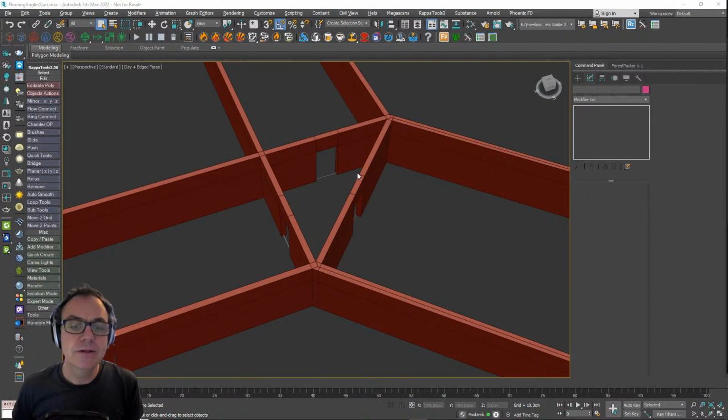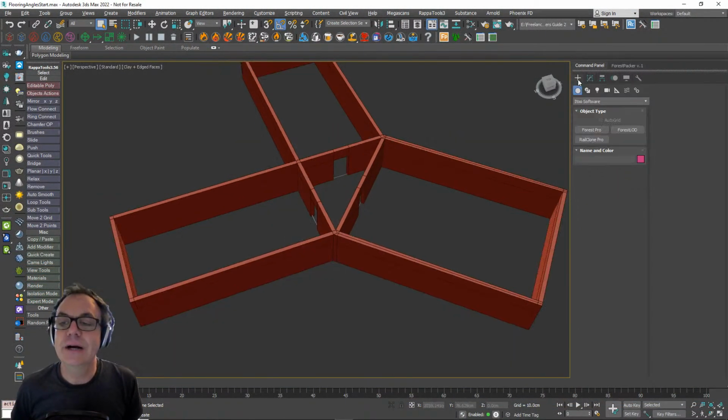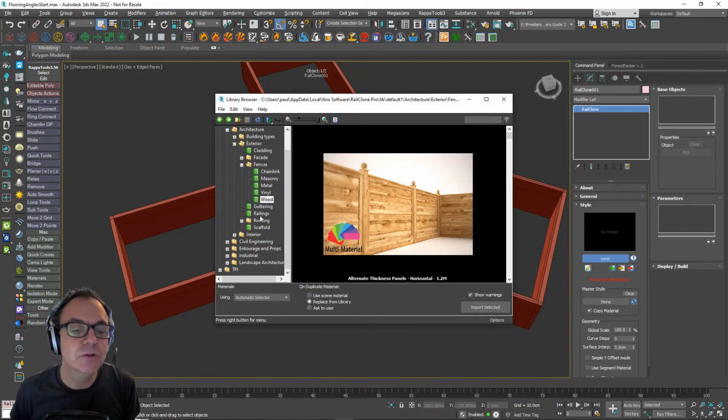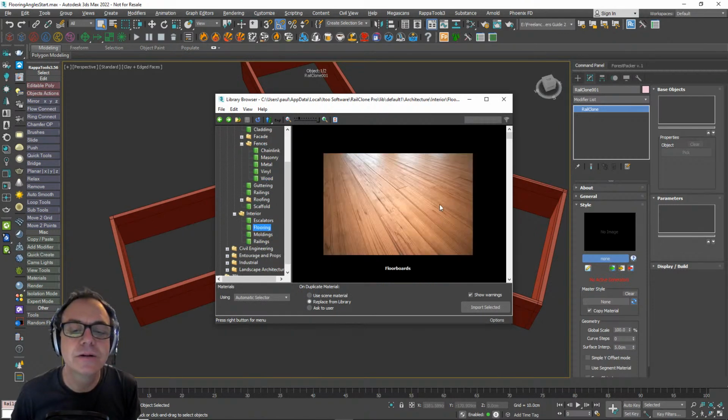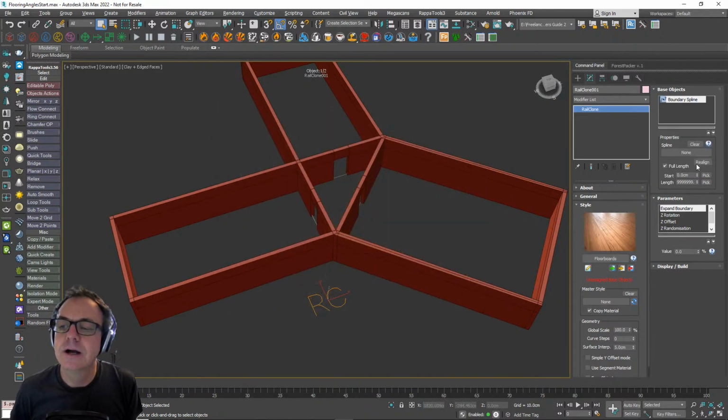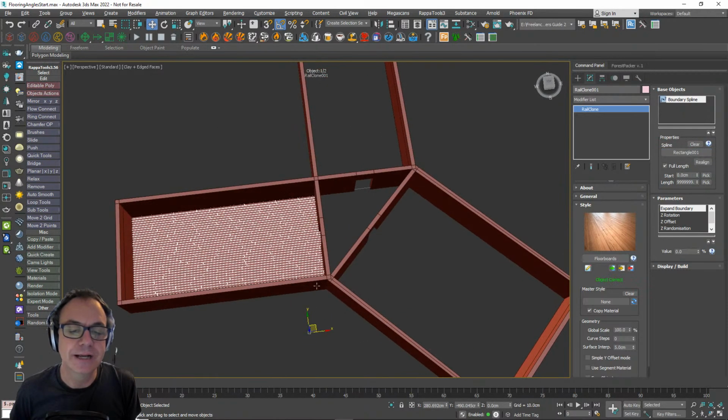Hello again. Right, so I'm just going to, for now, use a stock floor from the library for this demo. So I'm just going to open a new RailClone object, and we have some floors in here. You mentioned improving the libraries, didn't you, Jaime? Did you mention that? We're improving the libraries. So we've got flooring, and I'm just going to pick a spline, this one in this case, from the scene. So as you can see, one spline, one floor.